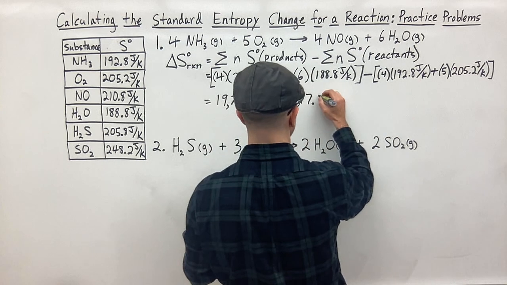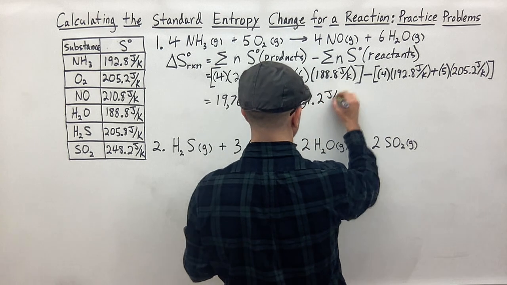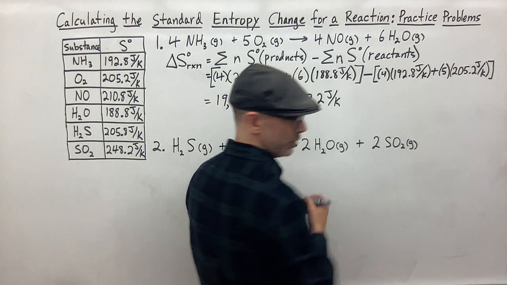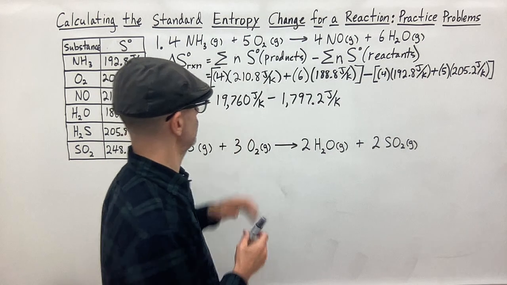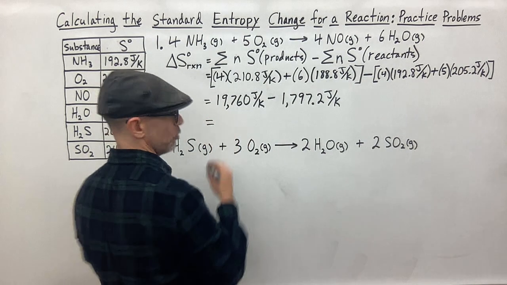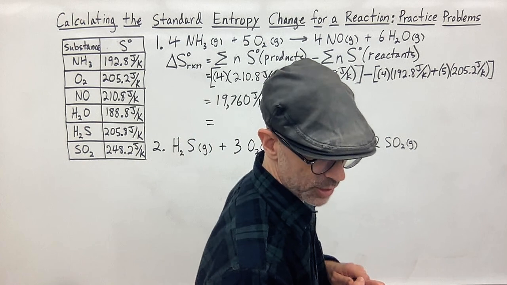1,797.2. And that's joules per Kelvin. And so now just subtract those. And when we subtract those, I got